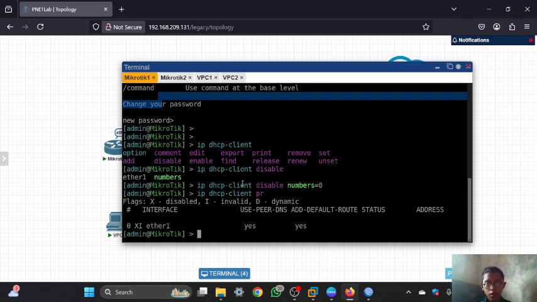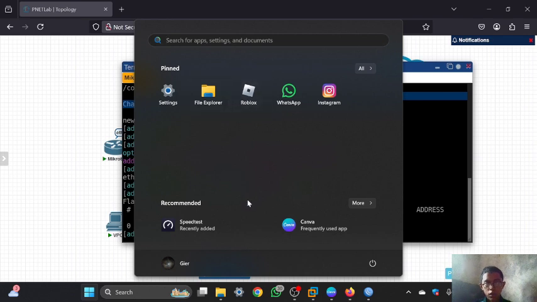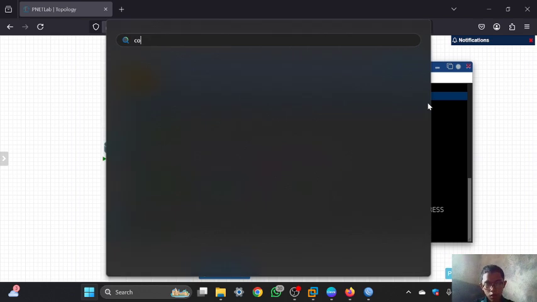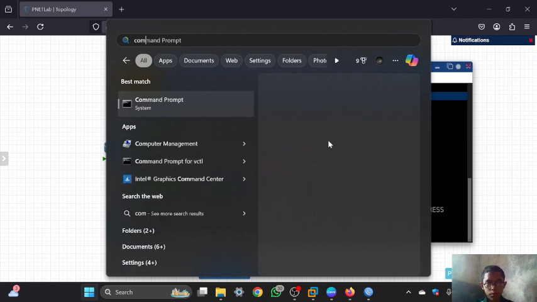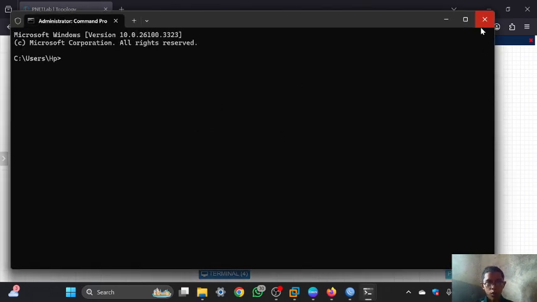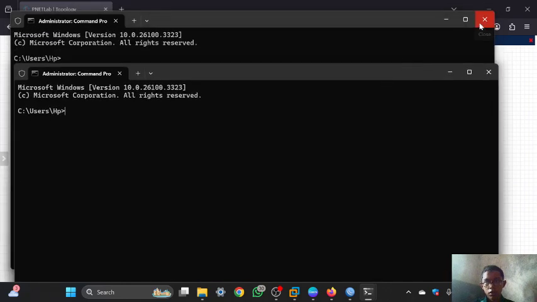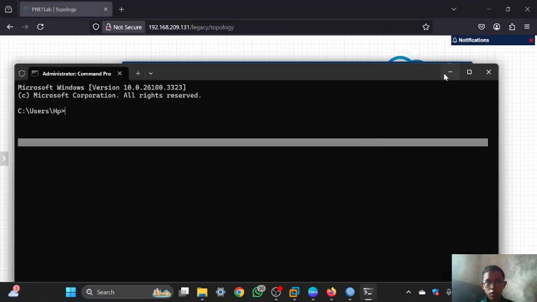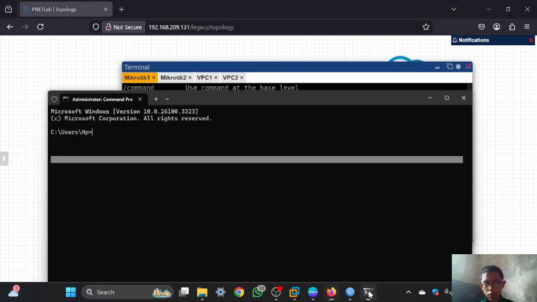And I will configure the static IP, but before I configure it I will set the routing information so my laptop can access the MikroTik router in the Pinet Lab. You can go to the command prompt and I will set the IP route, which in this case is